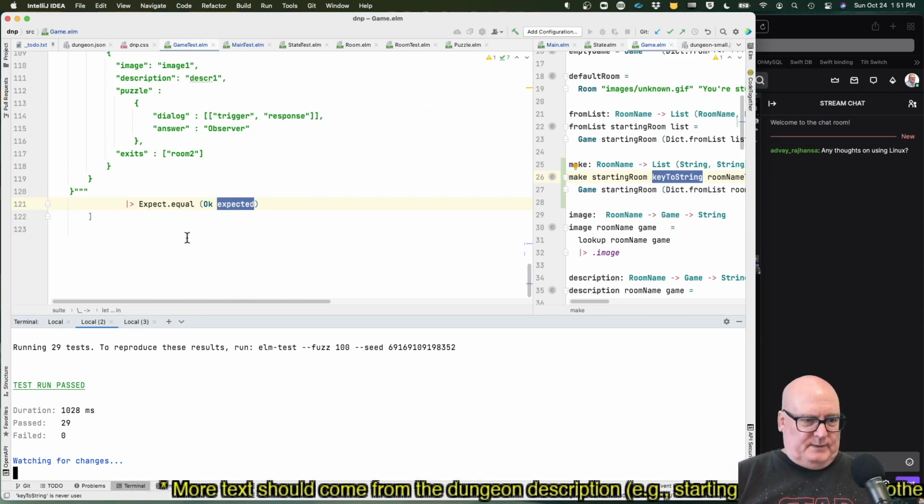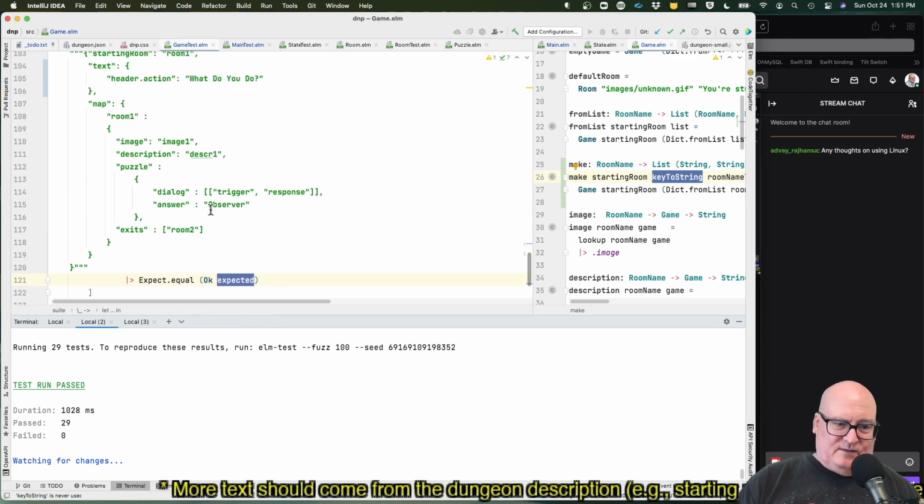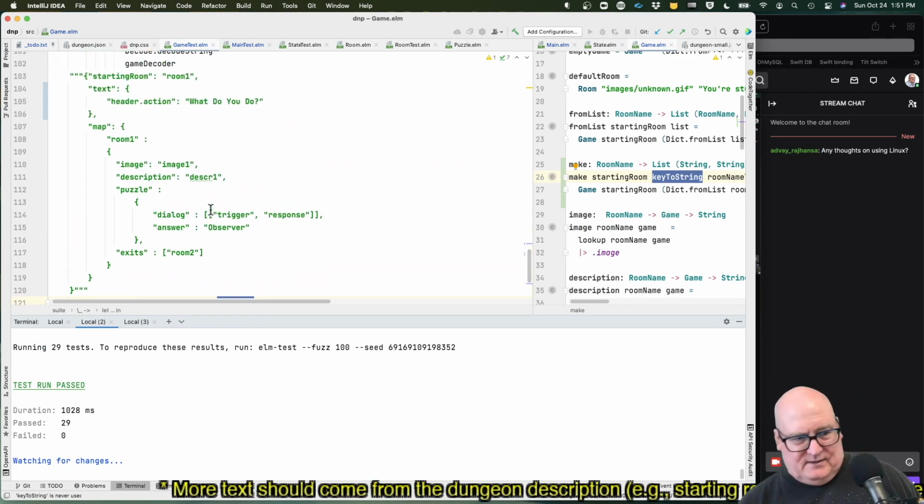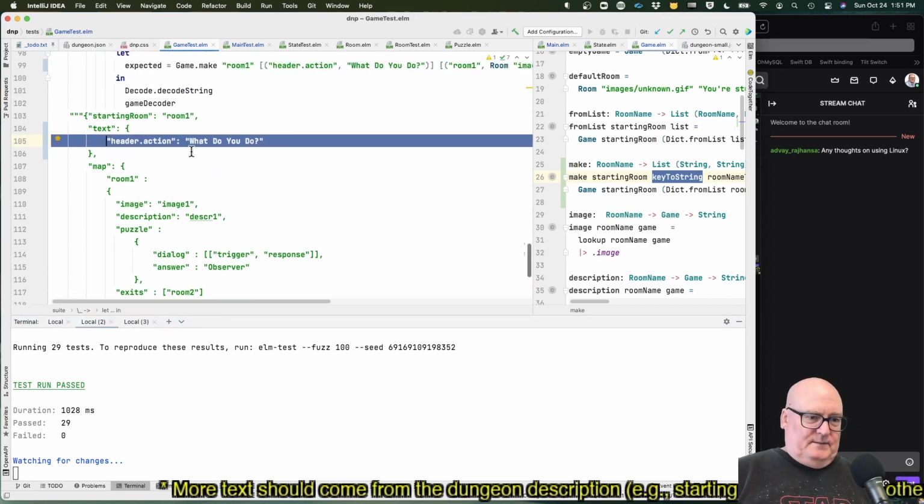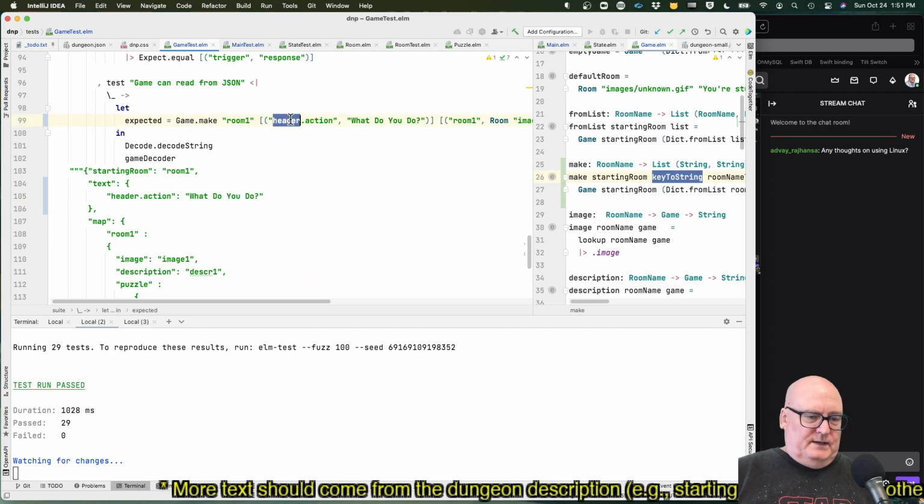Test run passed. Interesting. Okay, so this is one of those where I expected it to fail and it didn't. And I think the reason it's not failing is nothing is looking for this text right now. We put it in here, but the game doesn't care. Nothing cares.